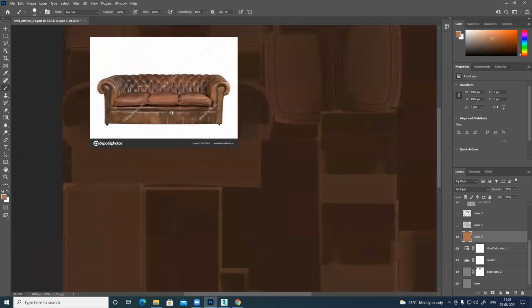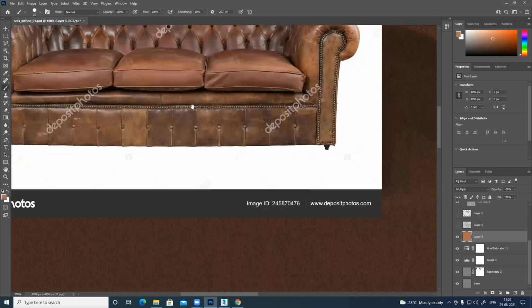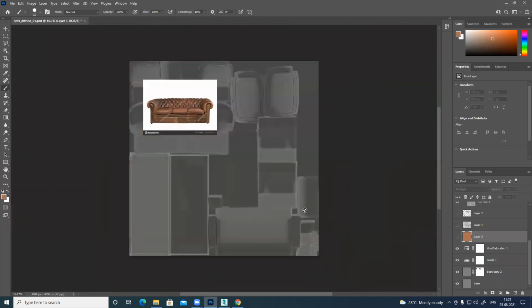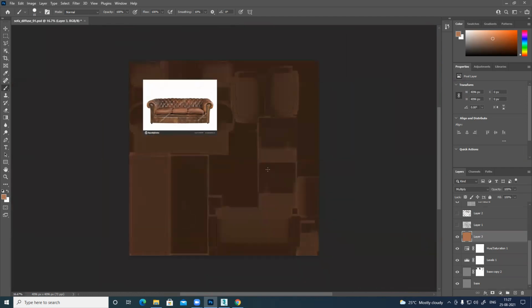Now I can see a lot of tonal variation. Some parts are dark, some parts are light, so I want to add all these different tones. This is my color, it looks nice.